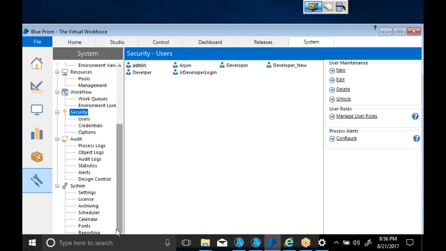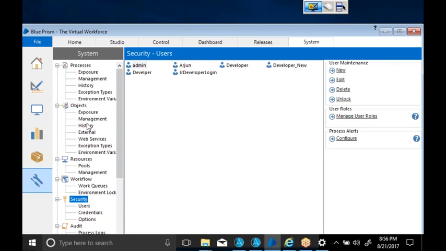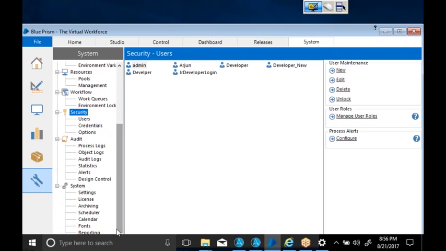All those options and some of the creations can be done under the system. We'll see each tab individually later, one by one: process, object, resource, workflow, security, audit, and system. We'll see everything later.